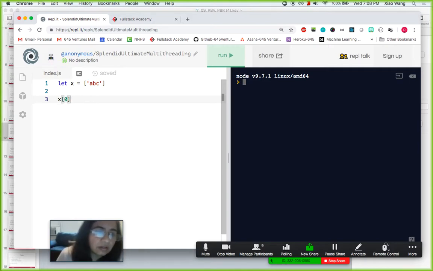Okay, how do you want to change it? Just add another d? No, if I say x0 equal to... Okay, sure, let's do the f. And then now when I print out x, I get back d, f, right? Because x is an array, so I'm changing the array. Now, if I do x0,